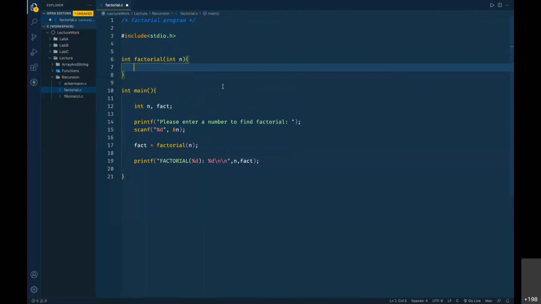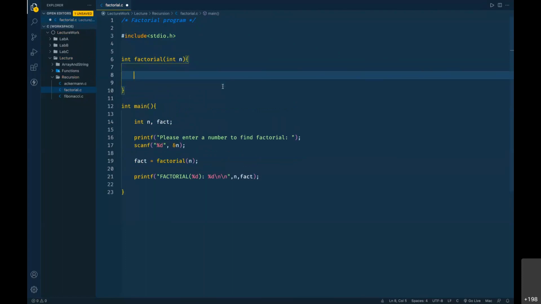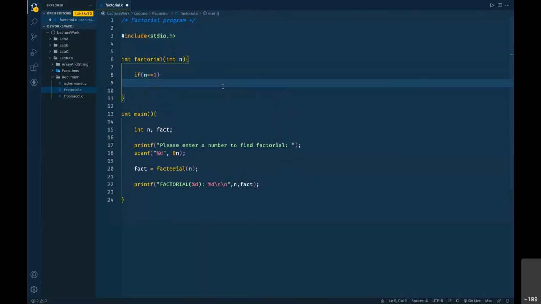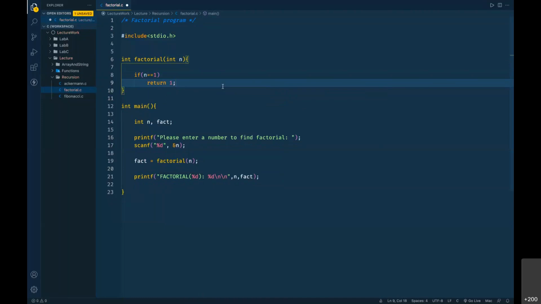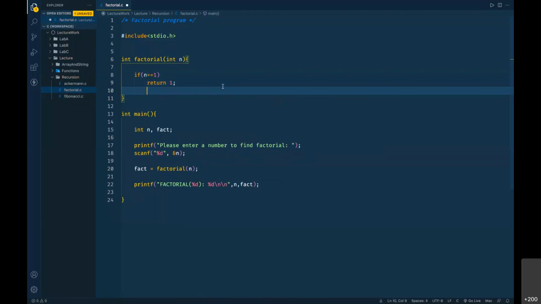Now inside the function body, what do we have to do? We want to have a base case and a recursive case here. So we are going to find out if n is equals to 1, if your n is simply 1, which is your base case, then you are simply going to return 1. 1 factorial is 1.